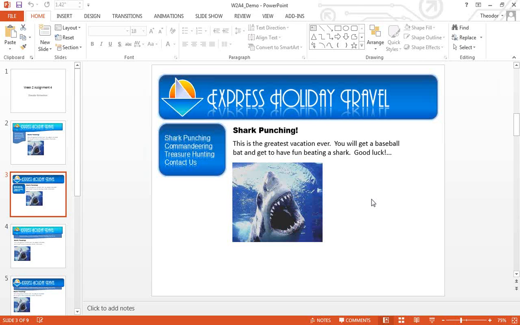So the first step is to look at how many rows and columns you need in your table. So here, the banner across the top is going to be your first row. If you look, this navigation panel right here and this content all sort of align in the same row there. So that's going to be a second row. And what you don't see on this design is we need a third row where we're going to put in